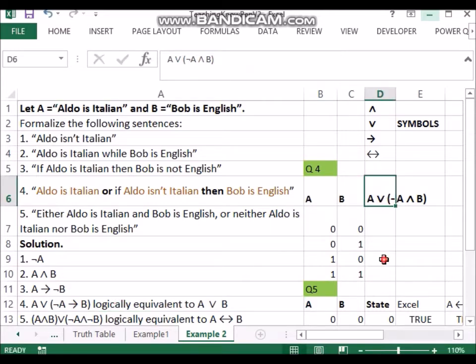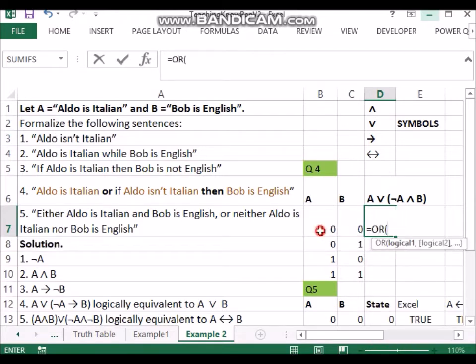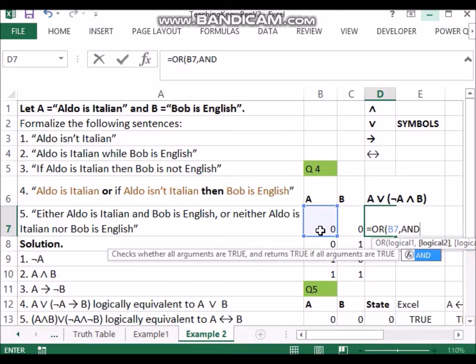And that could be a symbol like this, where we are saying A or, and in brackets we have not A and B. If such a statement is there, Excel can do it because we have functions for these particular things. So I'll start with OR, and we have two parts to it. One side is A and the other side is whatever is there in the bracket. And what's there in the bracket is centered with an AND in it. So I will start with an AND.